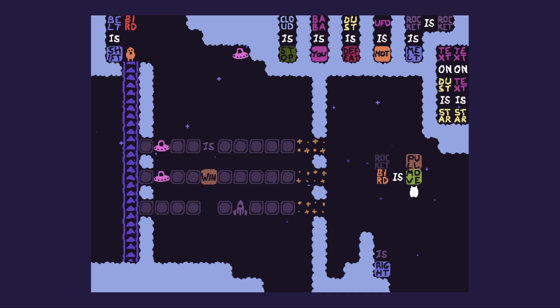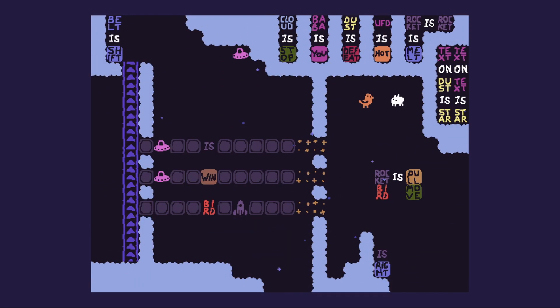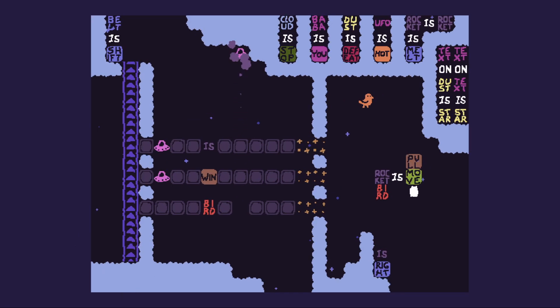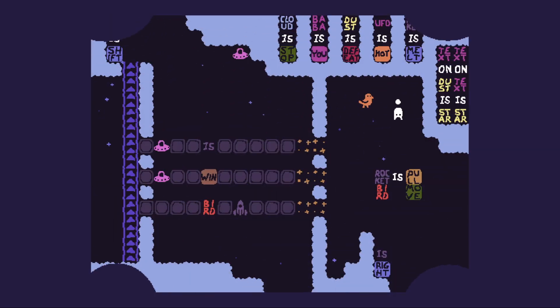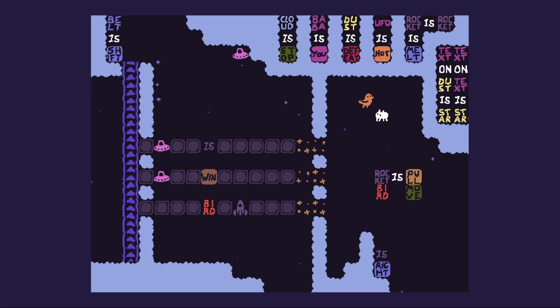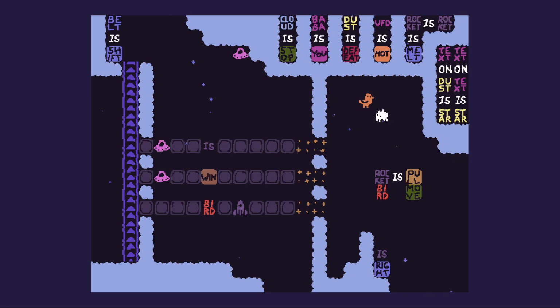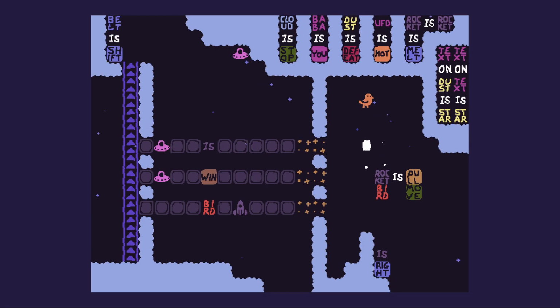What does UFO do? UFO is hot. Rocket is melt. What? Why does that help? We can do this. We can move a rocket and it melts. I don't understand what we're doing. We're trying to make bird as win, so we try to get bird and win up to the thing. UFO is hot. Oh, okay. I think I see. So we can make...